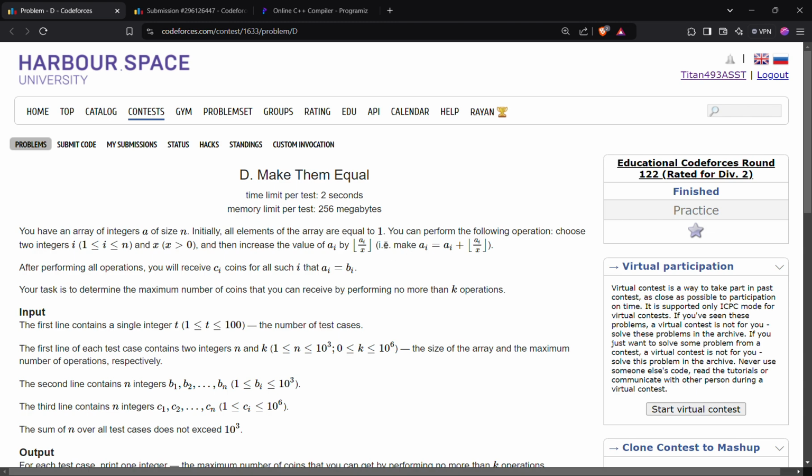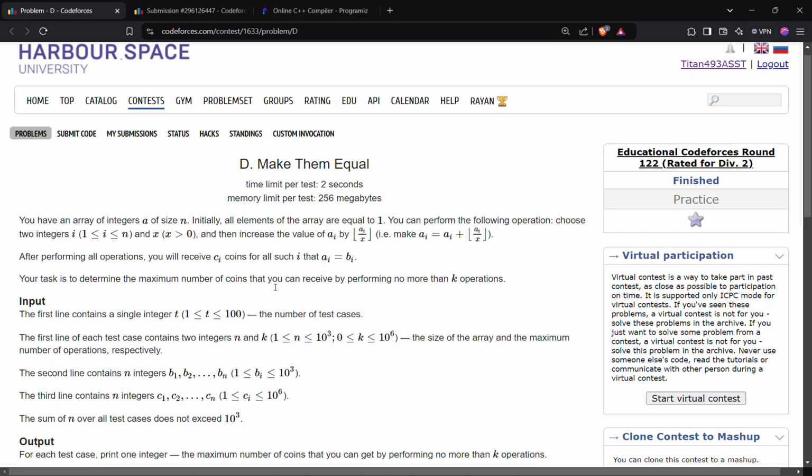So this is indirectly or directly, you can say, making ai equal to ai plus ai divided by x, which means this is integer division. And after performing all operations you will receive ci coins for all such i that ai is equal to bi. Okay, so your task is to determine the maximum number of coins that you can receive by performing no more